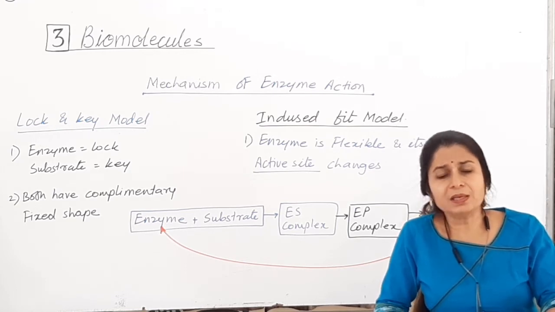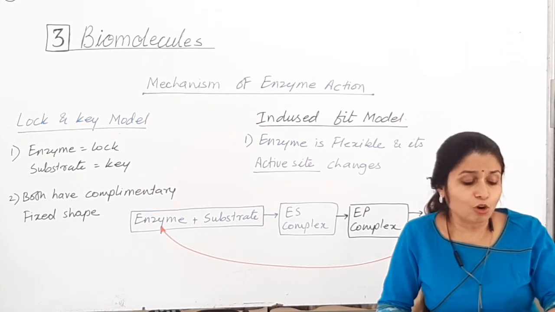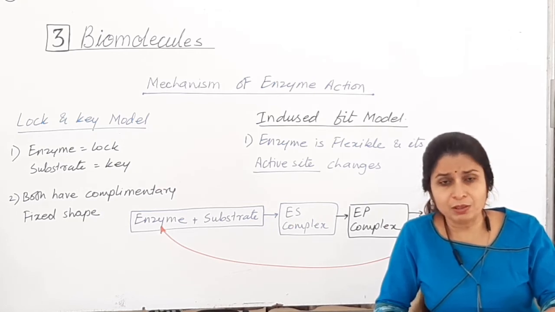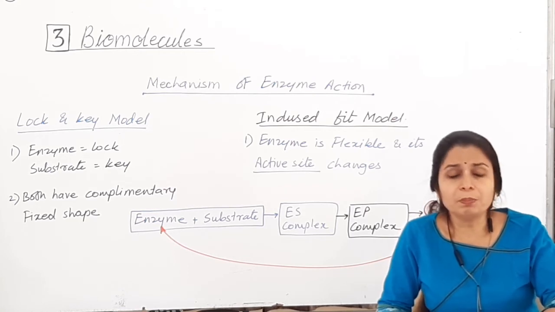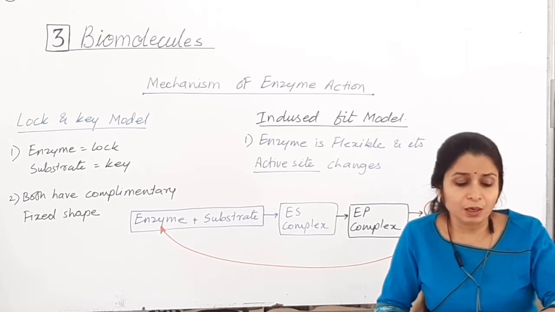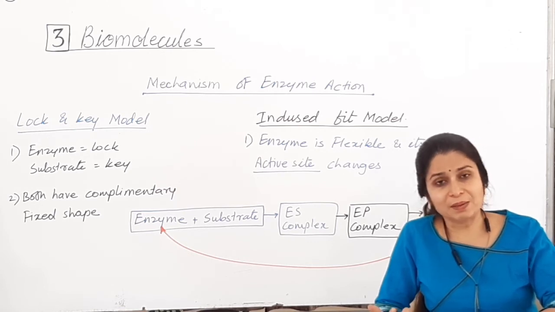Catalyzed reactions proceed at a rate vastly higher than that of uncatalyzed reactions. If enzymes are participating, if catalysts are present, the rate of reaction is very fast. If it is less, then the rate of reaction is low. When enzyme catalyzed reactions are observed, the rate would be vastly higher than the same but uncatalyzed reaction. For example, carbon dioxide plus water giving you carbonic acid. It is a very common process. Even in the previous lecture we talked about that. In the absence of enzyme, 200 moles per hour. Now this same chemical reaction, if the enzyme is not there, is 200 moles per hour. If the enzyme is there, it will be 6 lakh moles per hour.